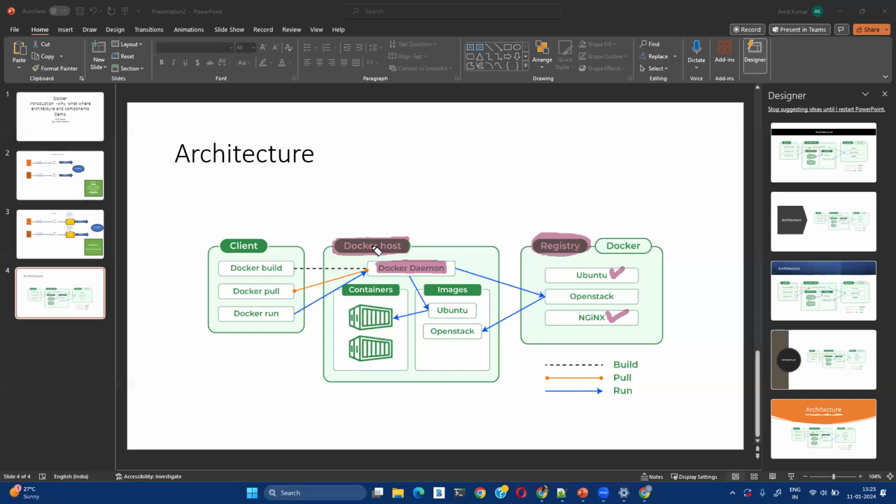Okay. So what they do is, a developer who is creating a Docker image is going to use some command line tools, for example, Docker build. And this Docker build command is going to talk to the installed Docker service, and it can be used to create images, right? So using Docker build on a Docker machine, you can create Docker images and then publish the Docker images to the registry,